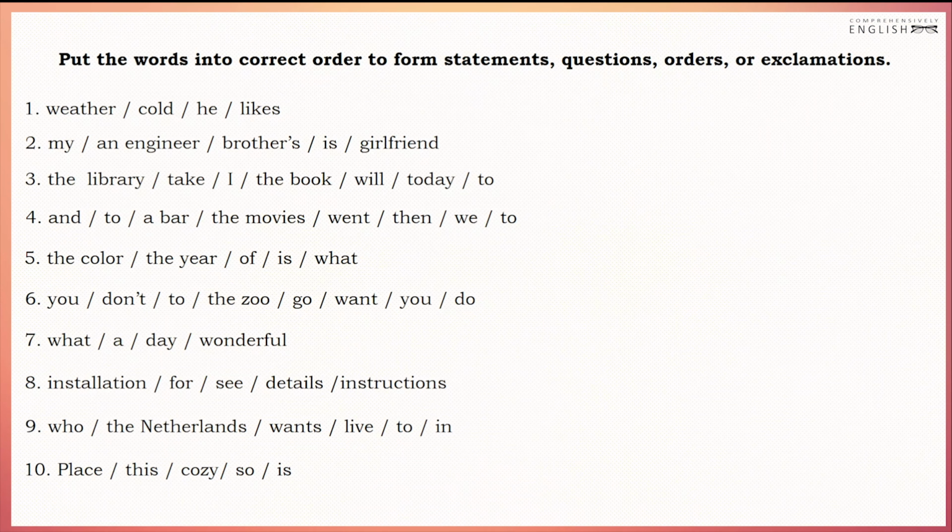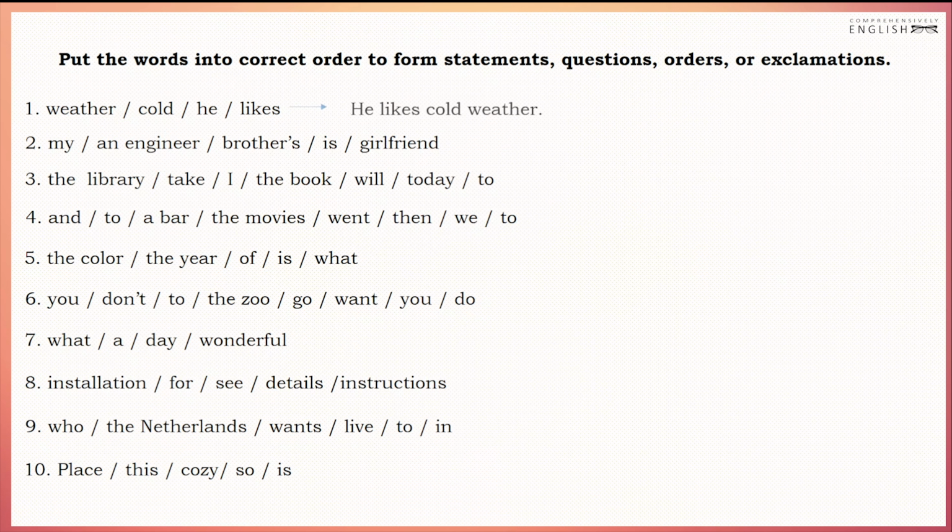Now let's take a little test. Take a look at these sets of words. Try to make a sentence of each of them and remember the SVO rule. Keep in mind that there are sentences of all the types that we have discussed so far. You can make a screenshot of what you see now on the screen, do the exercise yourself, and then check it with me. Let's go.